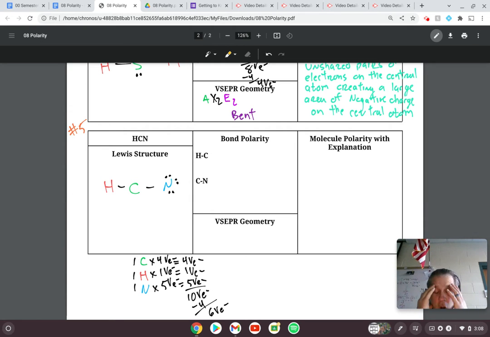So I've used all of my electrons, and at this point, nitrogen is one of the only atoms that has all 8. So it has 2 electrons in a bond and 6 electrons in dots. Hydrogen is also good, and it has the correct amount of valence electrons, which is 2 in the bond. Carbon, on the other hand, only has 4 total valence electrons, 2 electrons from each bond. So this doesn't work out the way that I've drawn it,